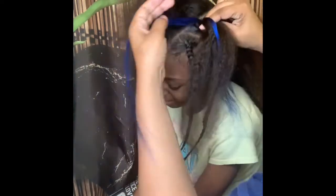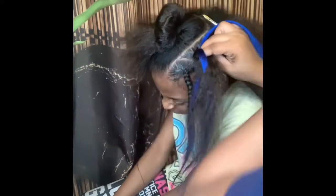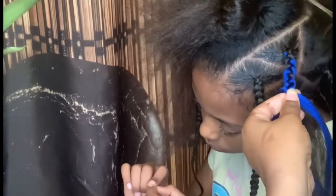I decided to add in some color hair so you can see how to tuck. This is probably my third time really tucking hair, but I guess you can see it a little easier when it's color hair. I'm doing the same method of adding hair in, and the more hair that you get in there, the easier it is to tuck. When you add in little pieces, it's kind of hard. So once I get the amount of pieces that I need in there,